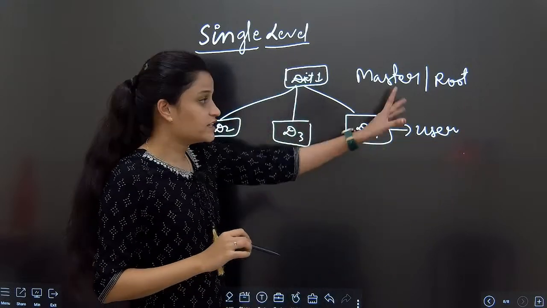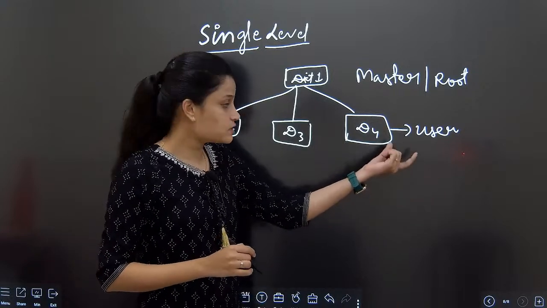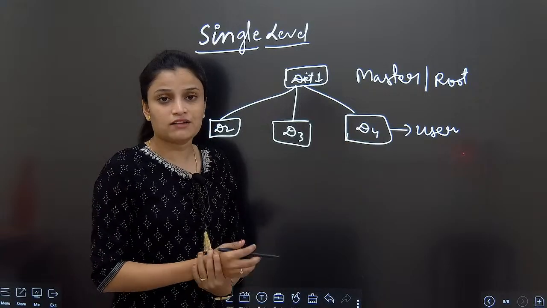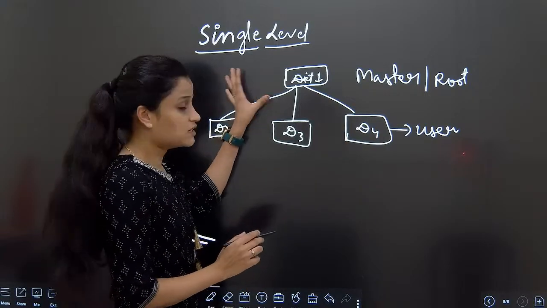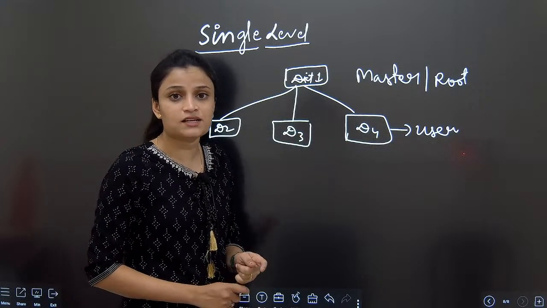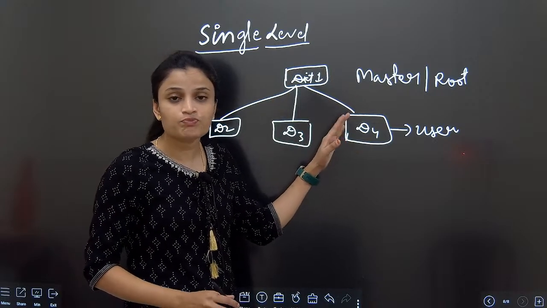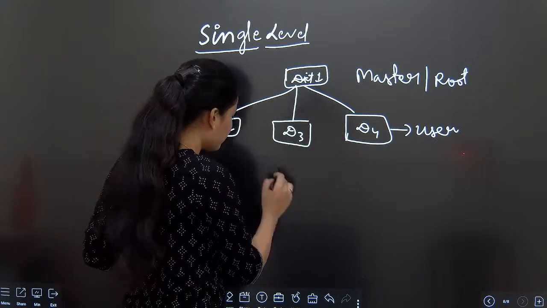We cannot change the master or root level directories, but we can change the user level directories, and also we can access the user level directories. So in the single level, only master level, root level and user level directories are present. This is one way of organizing the directories. And in two level directories,